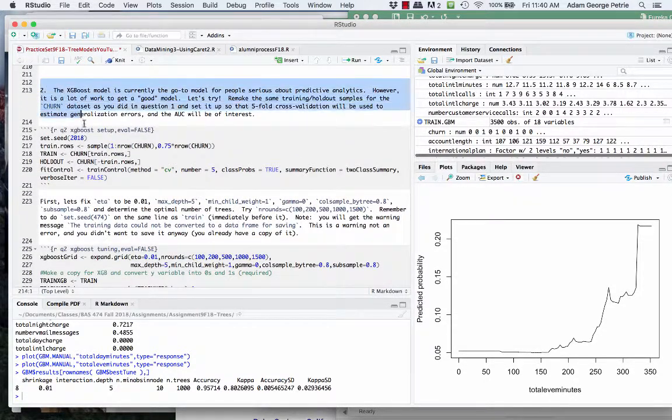All right, question number 2 talks about the XGBoost model, and it's really the go-to model if you want to squeeze out the last bit of predictive power in your predictor variables here. The problem is that it takes a very long time to tune because there are so many different parameters you can tweak with this model. But this is a strength of the XGBoost algorithm, is that because there are so many parameters, chances are you're going to find an XGBoost model that blows everything else out of the water. It's just a question of how much time do you have and how good and how effective can you be